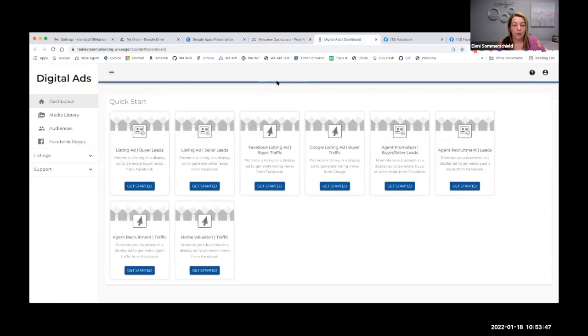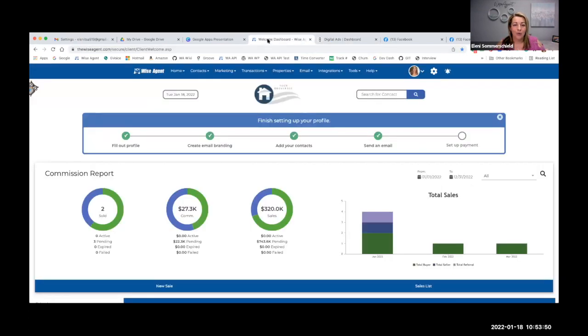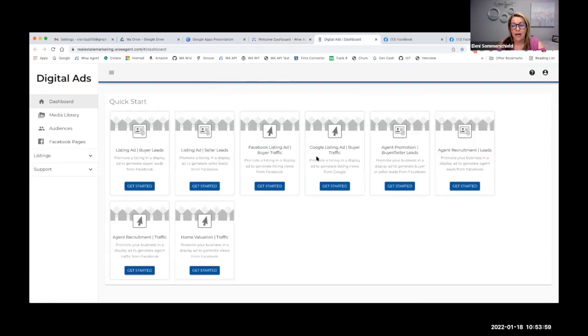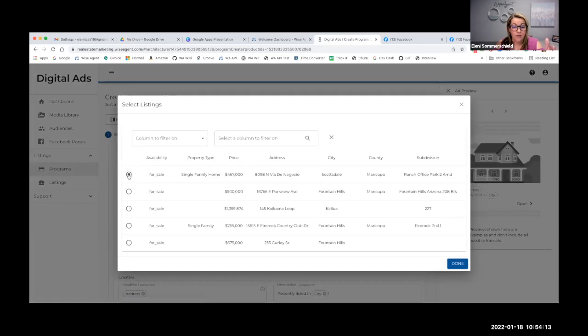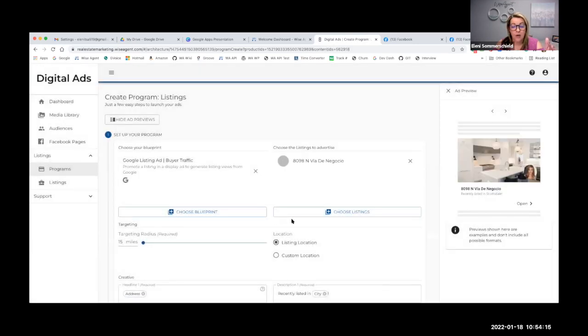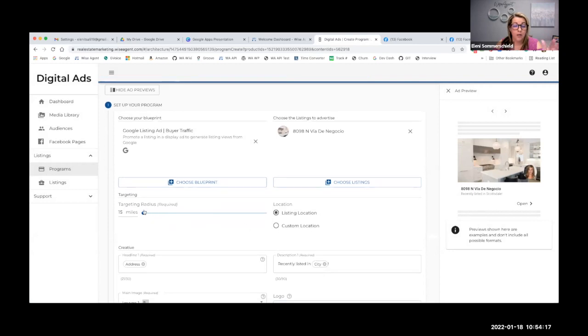And so what you'll be able to do is, not all of you have this option, but from your marketing drop down here, you'll have an option for digital ads. It will open up this portion, and now you can run a Google listing ad. So really easily you can go through and do what Sabrina said, right? You can choose your listing from Wise Agent, and say, this is what I have. I have this one for sale here. And so now it will choose that listing, and it does your Google ad for you